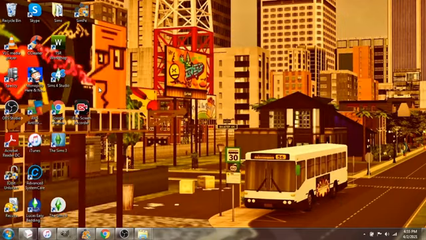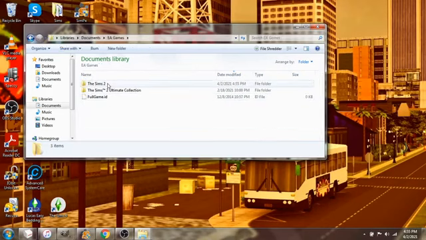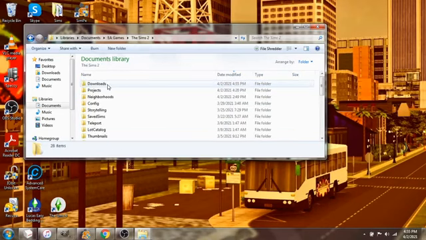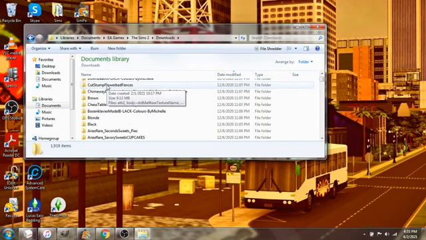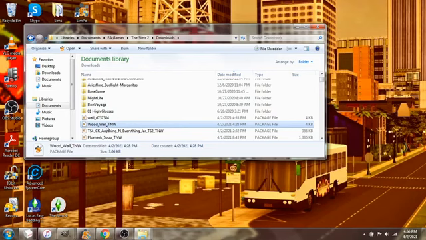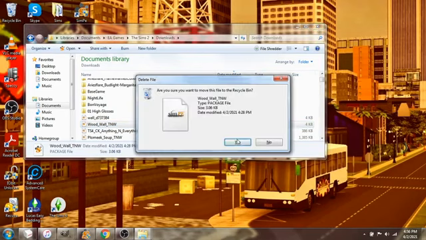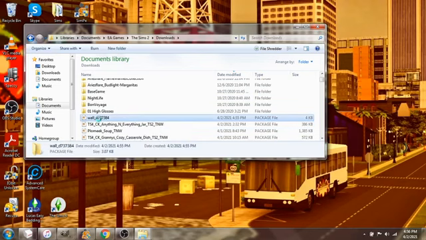and browse to your documents, EA Games, The Sims 2, Downloads, because this is where Homecrafter puts your walls and floors. And you want to rename the one that says wall underscore a bunch of letters and numbers. You want to rename that to